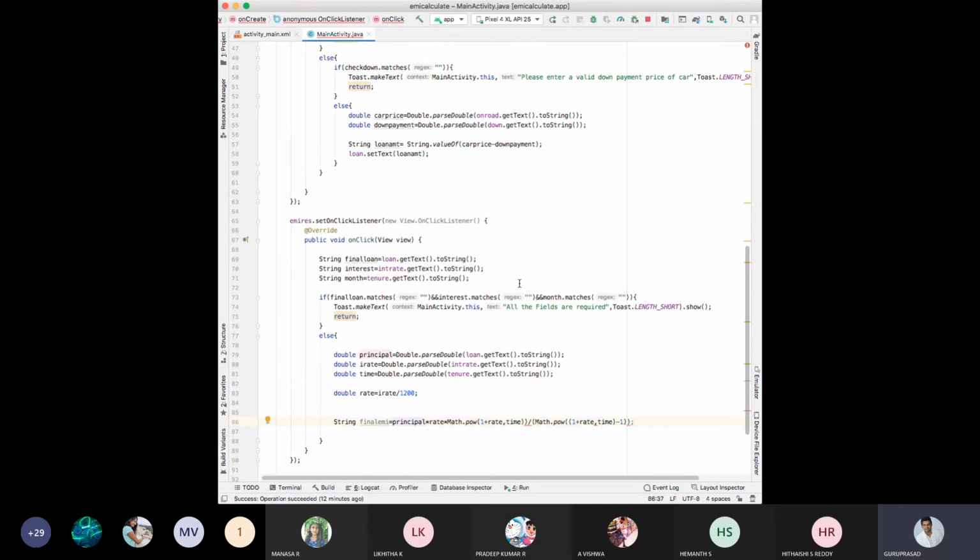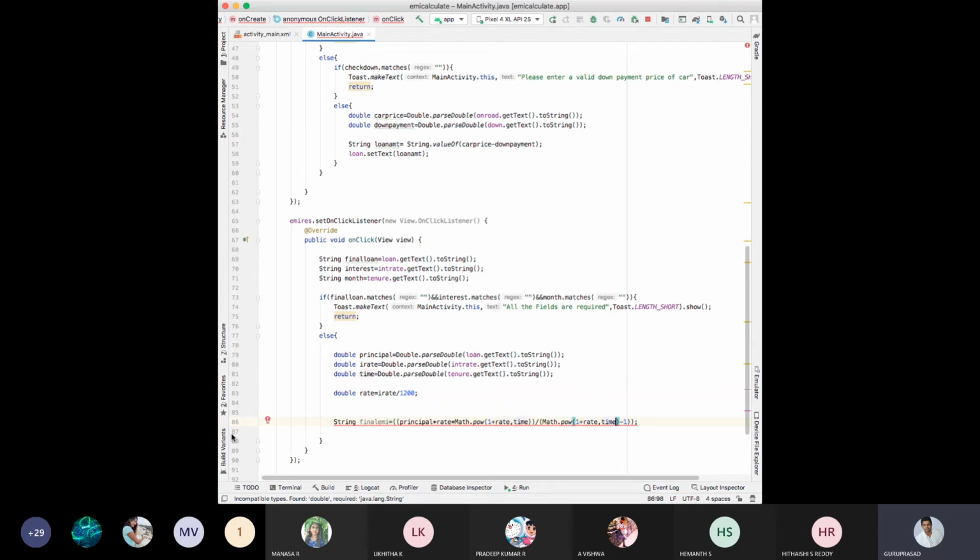Here I need to use double close brace. Principal into rate into Math dot power 1 plus rate, comma, time, open brace Math dot power, 1 plus rate, comma, time, minus 1.